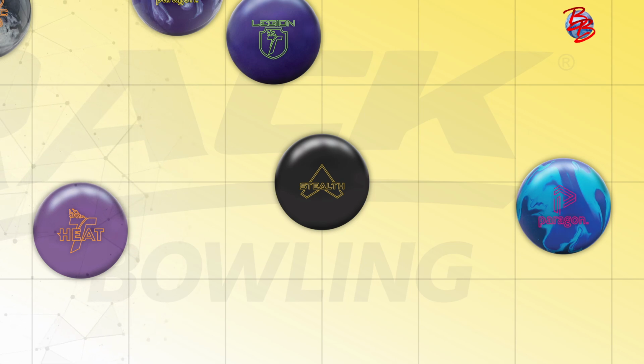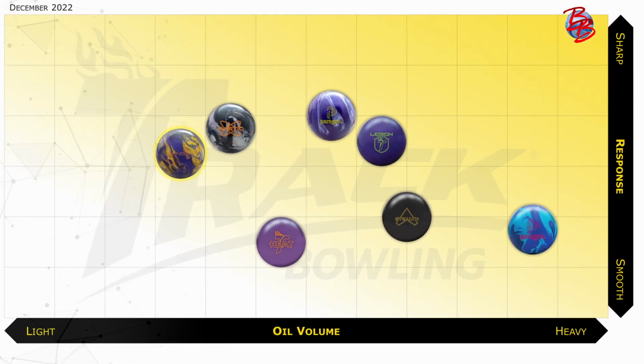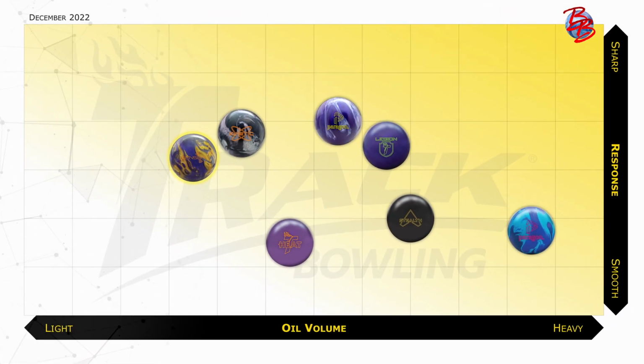I think the Stealth really turned heads, and even though it flew under the radar, pun intended, I do think that the Stealth is still really useful for a lot of people as their top-end symmetrical ball, being a sanded solid. If you need a little more punch at the back of the lane, but you still want to